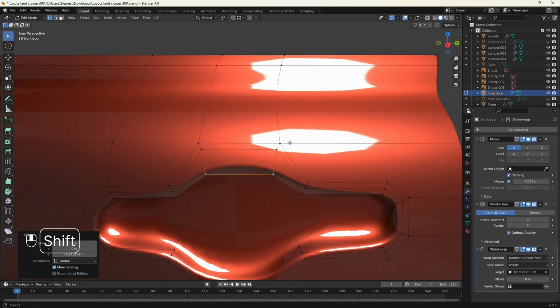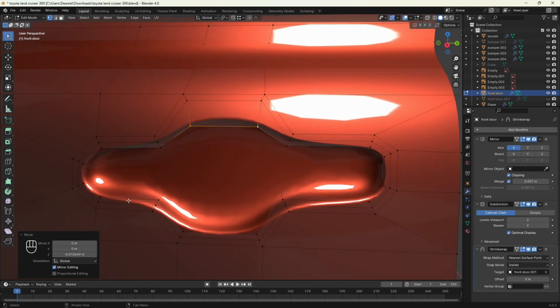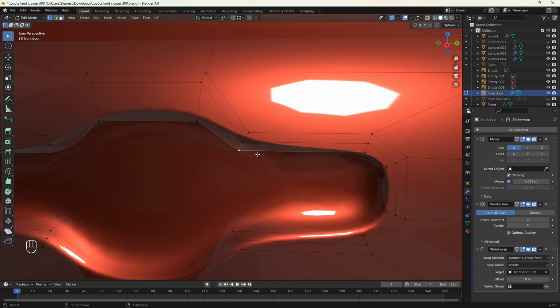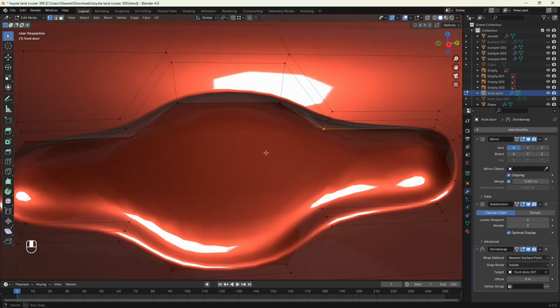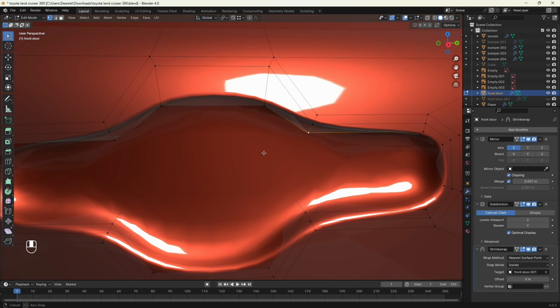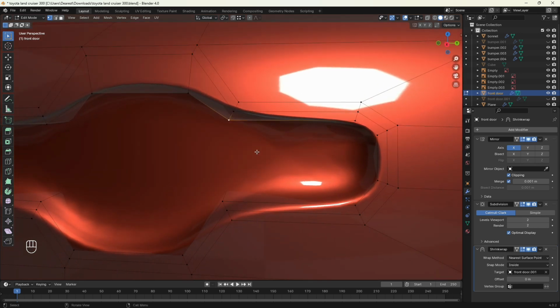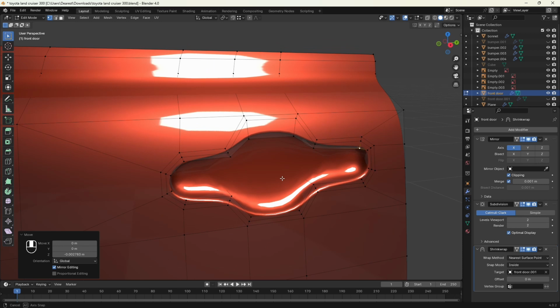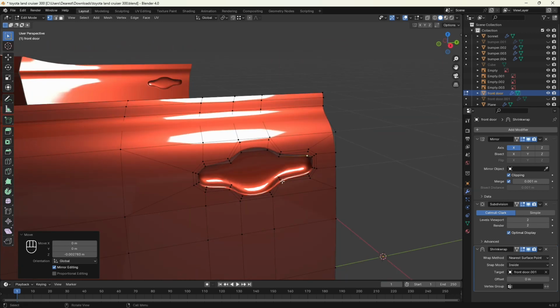And even though we still can't get it perfect or looking like the bottom part, I think this is okay for now. We can find our way and fix it later on. So let's also bring this down too, or let's bring this down, like so. Okay,